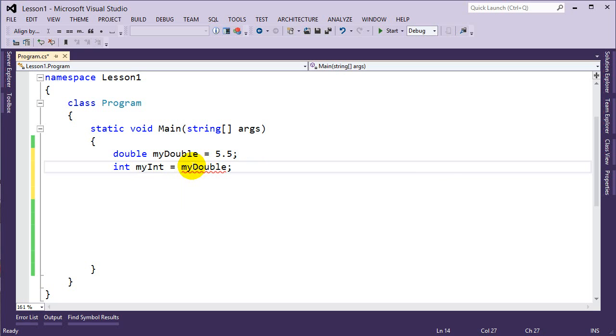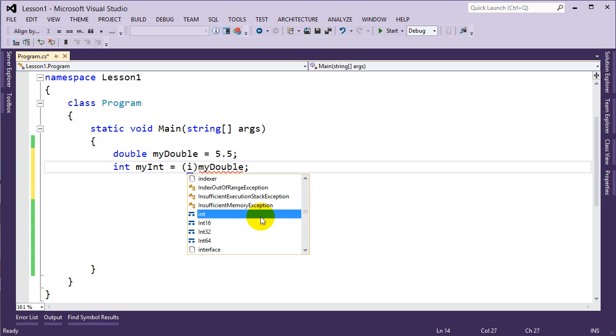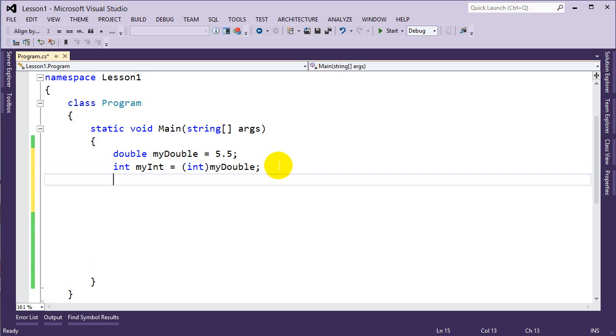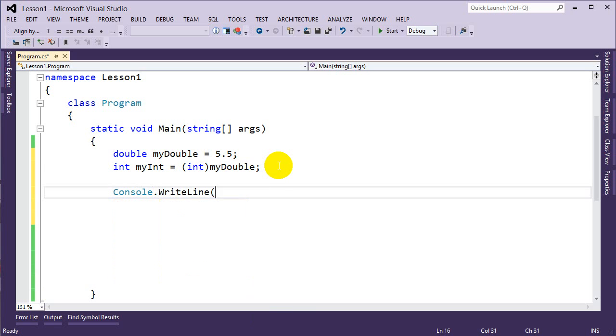So in order to cast, the syntax is going to the front of my variable that I want to cast and putting parentheses. Now inside that parentheses, I put the type that I want to cast to. Since I want to convert a double to an integer, I'm saying I want to cast to an integer. So this line reads as int myInt is equal to the value of myDouble as an integer. So the value of myDouble as an integer would cut off the 0.5 and it would just keep the 5. So if I print out my integer